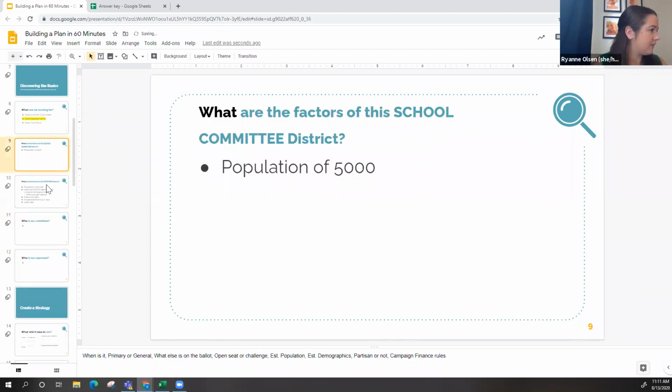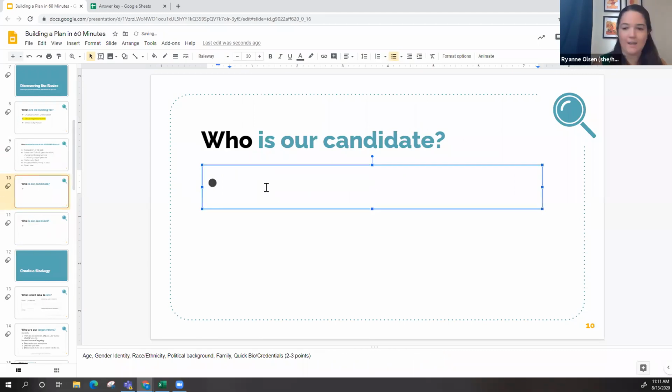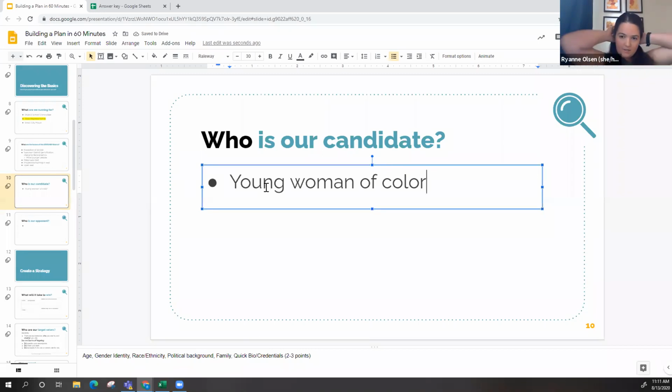Getting rid of these slides that we no longer need. So let's talk about our candidate. Who is our candidate going to be, team? Let's think about their age, their gender identity, race and ethnicity, their political background. Okay, we are a woman of color, a young woman of color. Can we be a bit more specific with women of color? Is it a Latina woman, a woman with mixed heritage, Black woman? Okay, cool. A young Black woman,